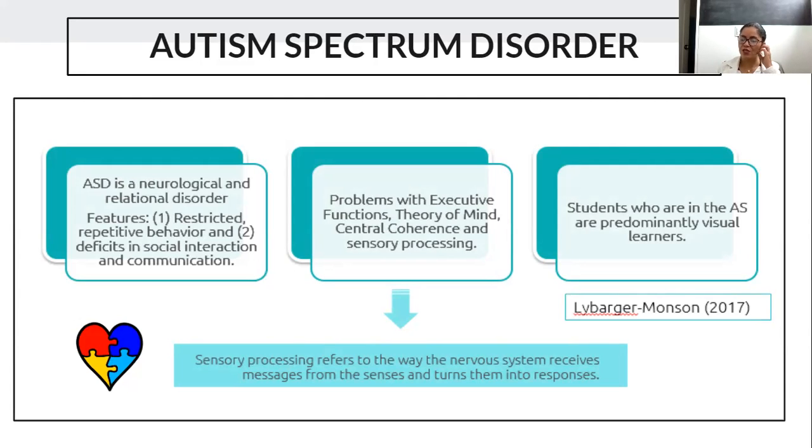And finally, sensory processing is also very complicated because they receive stimuli from the senses in a very inappropriate way, let's say. So all the things that they perceive through their senses come in really complicated ways, and the messages can be misunderstood. And finally, students who are in the ASD are predominantly visual learners. This is according to Leibarger-Monson 2017. So it is important to remember all these features because actually